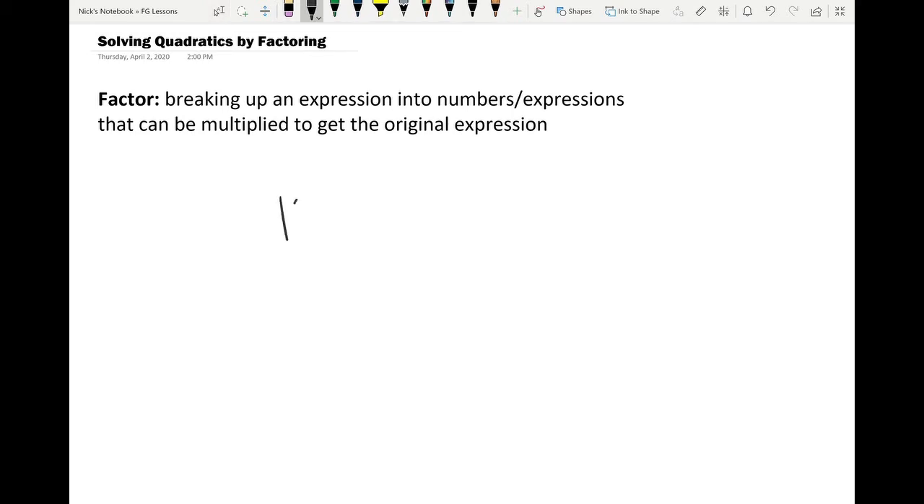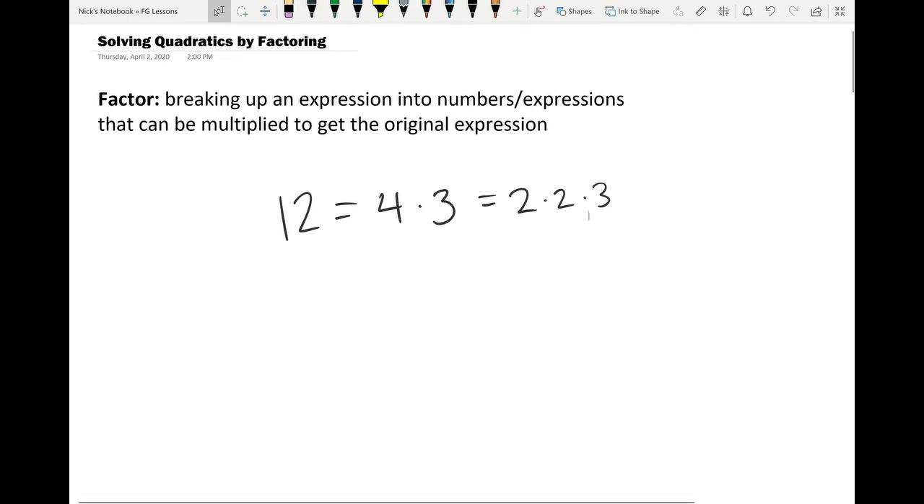For example, let's take the number 12. And I said, all right, let's factor it. Well, we know 4 times 3 is equal to 12. But that's not completely factored because while the 3 is good, the 4 can still be broken down. It can still be factored even more. So what can multiply to get 4? We know that's going to be 2 times 2. So if we see that 2 times 2 times 3 is equal to 12, then 2, 2, and 3 are